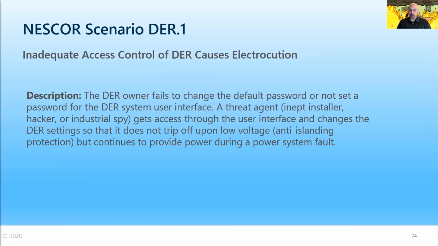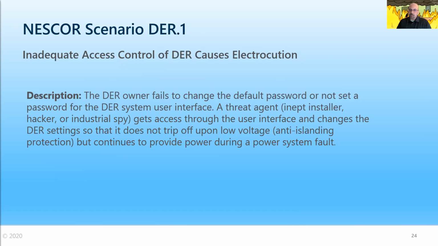So this is the NEST score scenario DER.1. If you read the NEST score scenario, it's all laid out right there, if you read the full write-up. So in this scenario, the distributed energy resources owner fails to change the default password or does not set a password for the system interface. A threat agent could be an inept installer, hacker, or industrial spy who gets access through the user